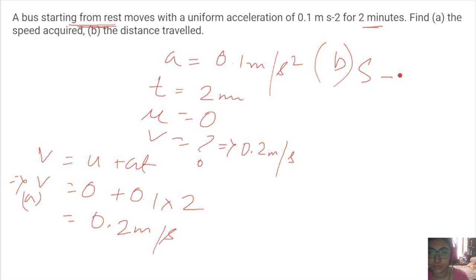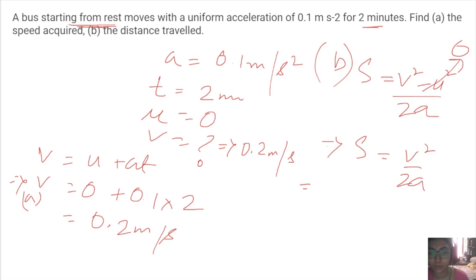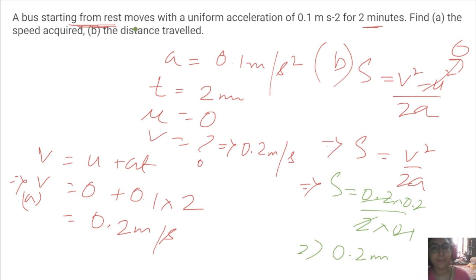S equals V square minus U square by 2A, or S equals V square by 2A because U square is 0. So just write it with a different. S equals, what is V square? 0.2 into 0.2 by 2 into 0.1. It is 0.2 meter. Okay. So this was a simple application of